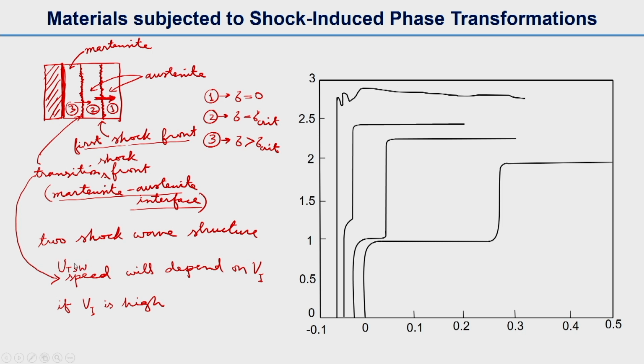For the first shock front we can write the velocity U shock wave, and here we write U transition shock wave, the speed of the transition front. So as this speed increases, if VI is very high,